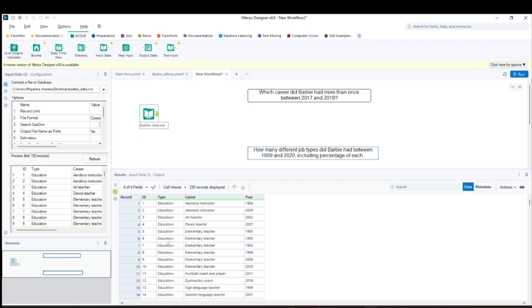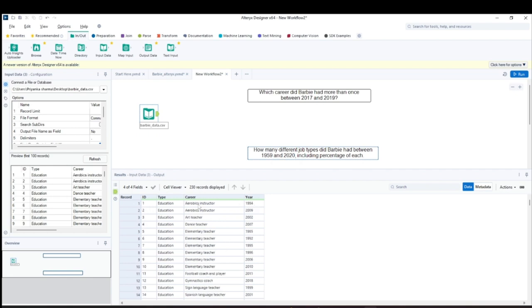But I don't know how many total or how many distinct type of professions are there. Then in education, she was aerobics instructor, art teacher, dance teacher, elementary teacher, and sign language teacher, special education teacher, and so on. And given its year.